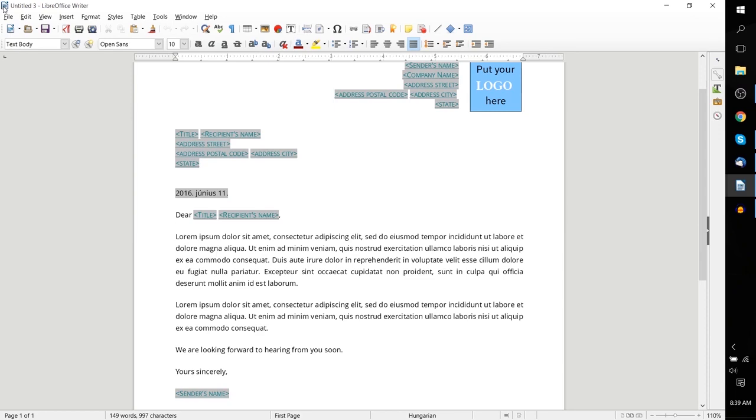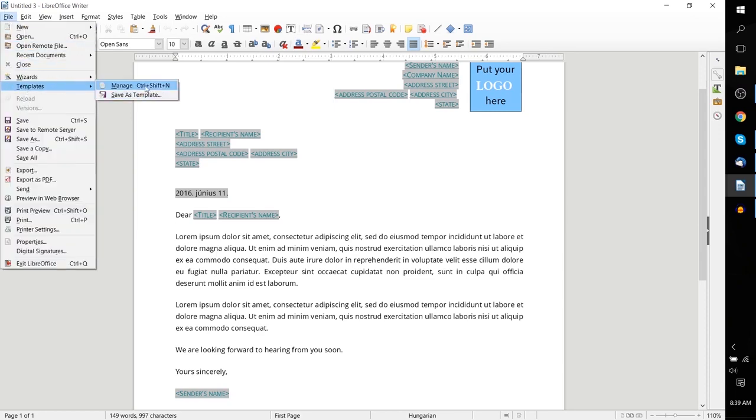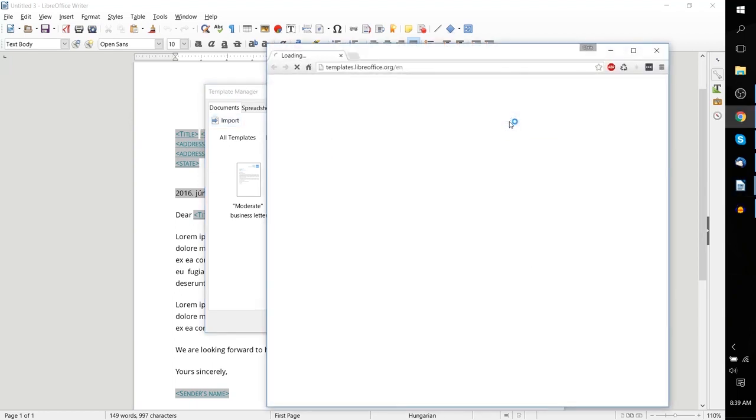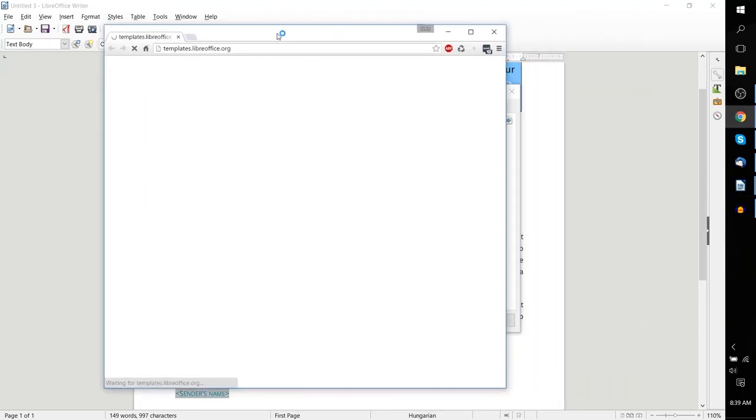Now, one last thing about templates. If we go back to templates and manage, you can actually get more templates from online by hitting this Get More Templates for LibreOffice button. So I'll go ahead and hit that here. And it brings us to